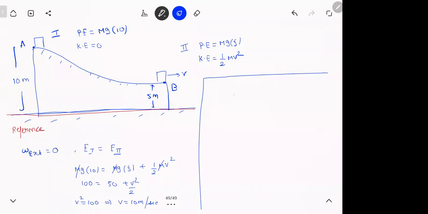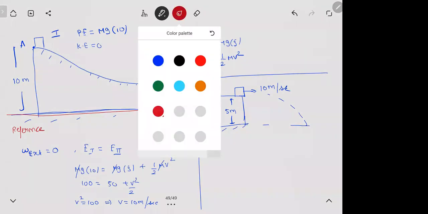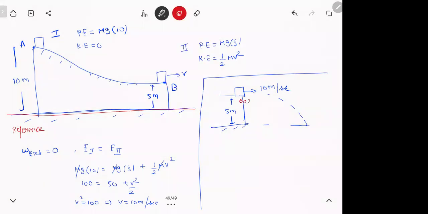Kinematics. So basically the question has become like this. Now you have a block going with the speed of 10 meters per second at a height of 5 meters. So this will fall somewhere here. Now remember I told you in kinematics, from whichever point you're throwing, that point is always the origin. Now hope you remember this formula, but if you don't remember, I'll just show you.